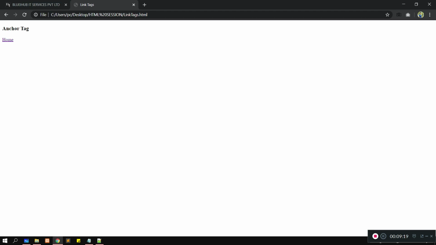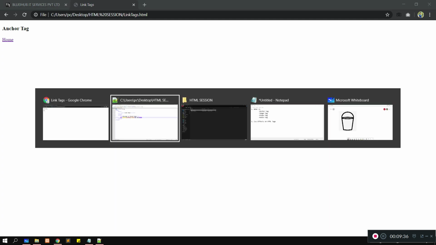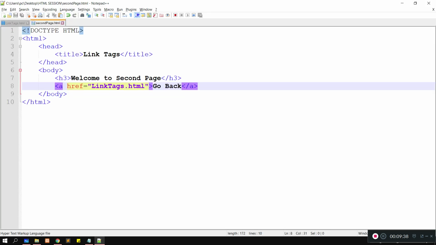See, we are on the first page, home. If we click on home, it is going to the second page, and one more anchor tag is there, that is go back. If I click on go back, it is going to the first page. So nicely done. I hope this anchor tag is clear now, okay.